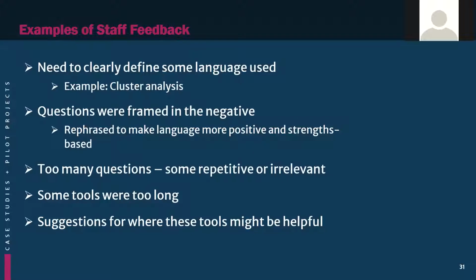Staff also voiced that there were too many questions. Some were irrelevant or repetitive. And overall, some of the tools simply had too much scrolling, which was very fair. Some of them were quite long. We looked for opportunities to shorten each of these tools. And then finally,